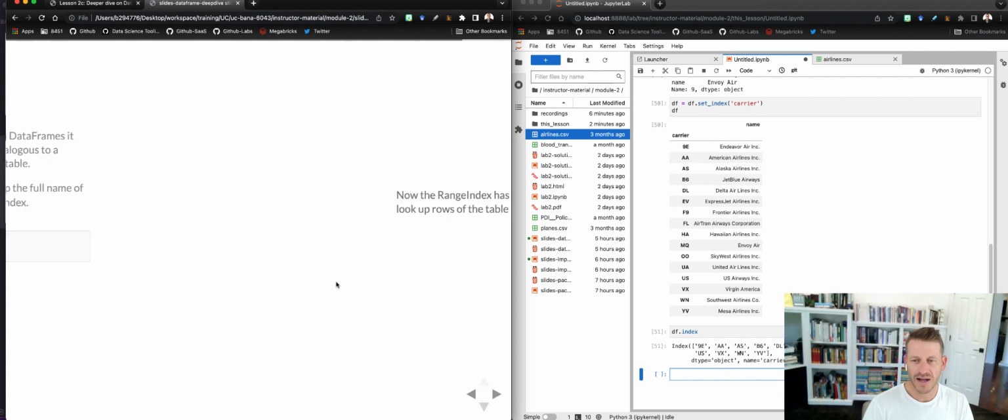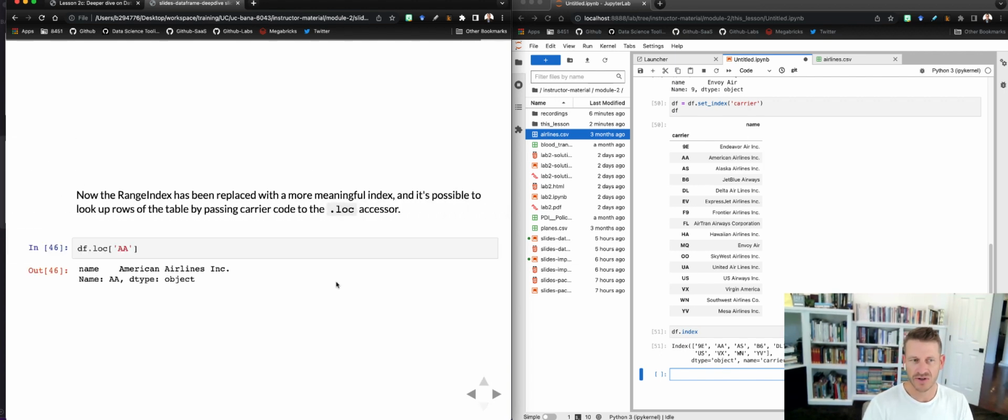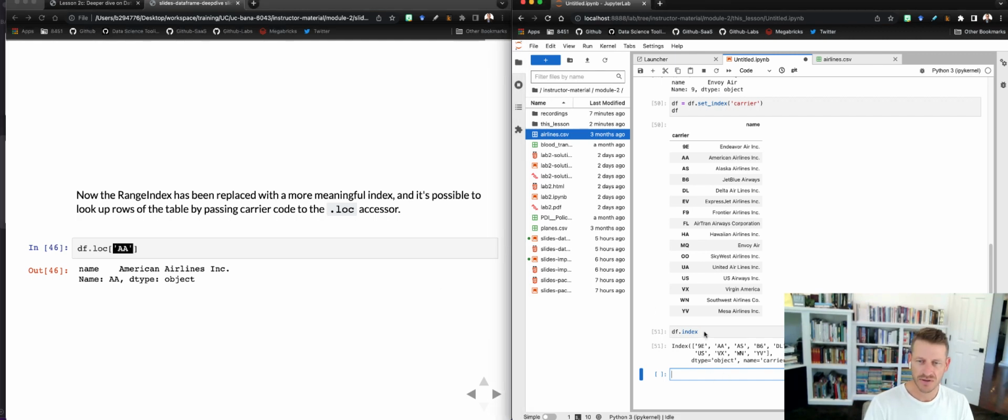Right? So why is this useful? Well, what we can actually do is use our .loc accessor to reference a certain index value. So if we want to look up, in the example here, American Airlines, the index value or the carrier value for that is AA. So I use that as my